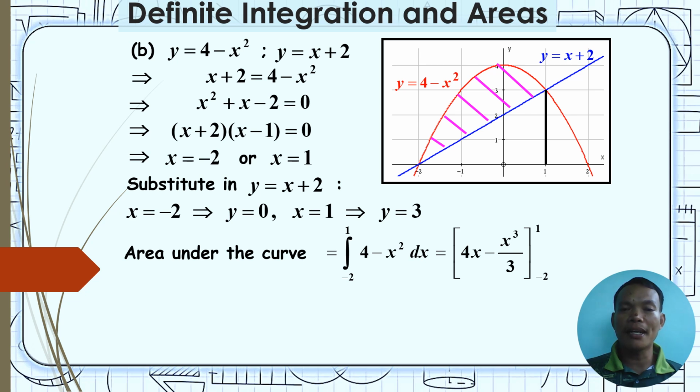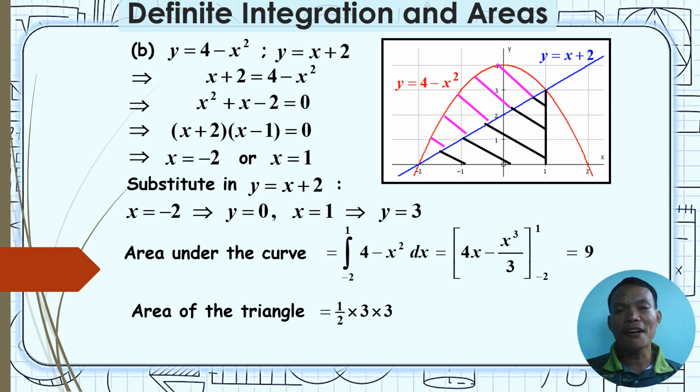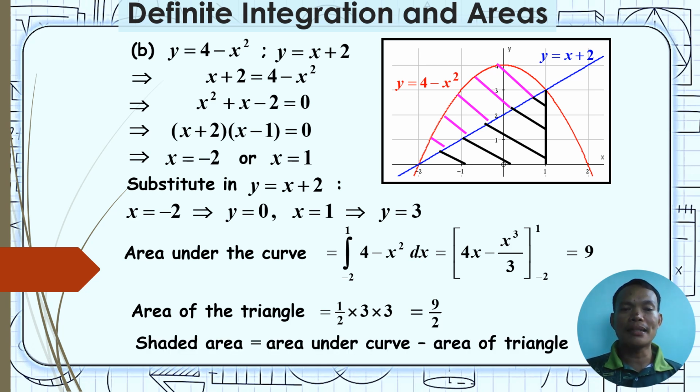We are going to find the area under the curve, which is equal to the integral of 4 minus x squared dx with limits of integration from negative 2 to 1, which is 4x minus x cubed over 3 with limits of negative 2 to 1, equal to 9. The area of the triangle is equal to 1/2 times base times height, and the base is 3 and the height is also 3. So it gives us 9 over 2. And the area shaded is equal to the area under the curve minus the area of the triangle, and it gives us